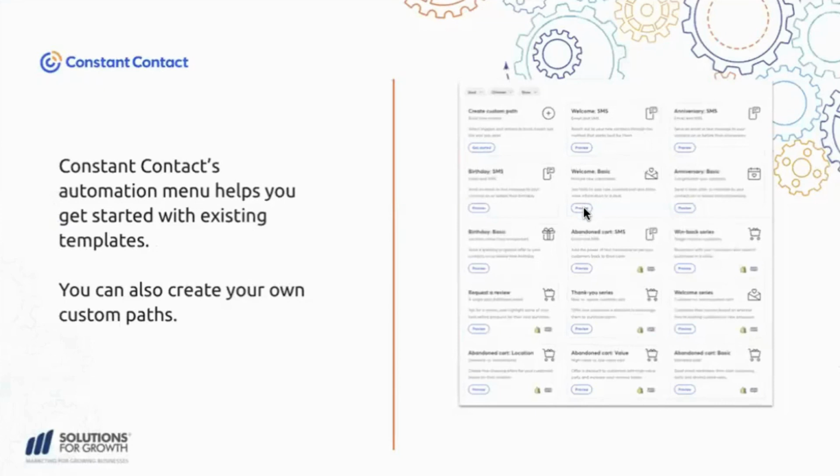And if you were to click on preview, you can see the first email in that series. Same thing for anniversary, another birthday one here, abandoned cart text, win back series. So the ones that have the green or the purple icon, those are for Shopify or WooCommerce. Those are the two most popular e-commerce platforms, and they integrate beautifully with Constant Contact so that the two tools